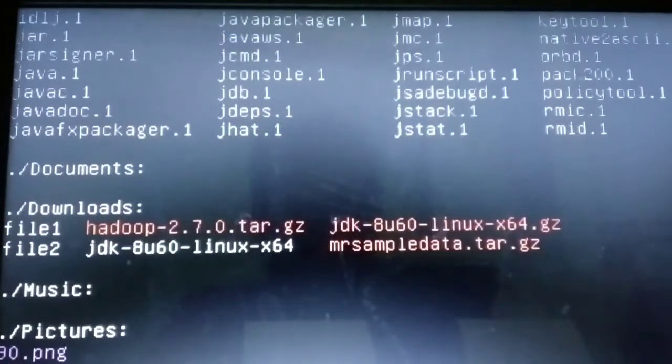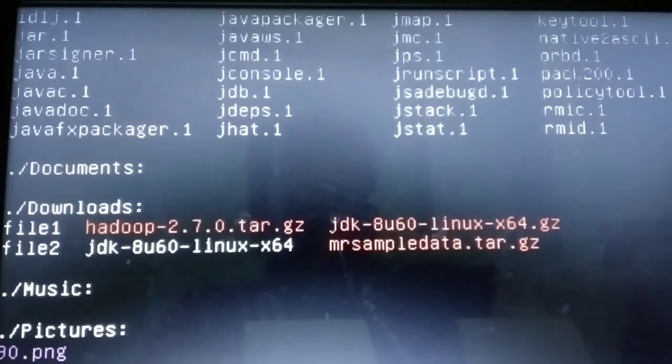The next command is display files recursively using ls space hyphen capital R. It display all the files recursively and also unhidden files in the whole file system recursively.